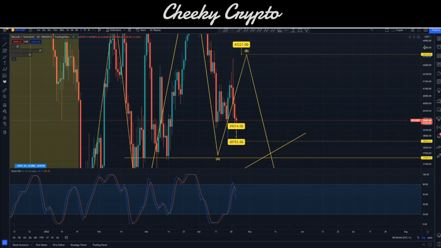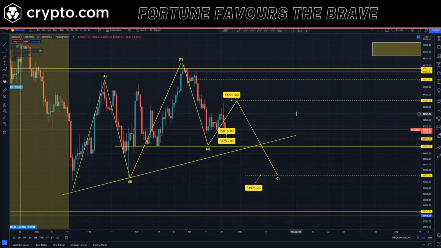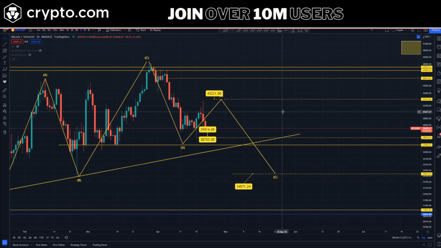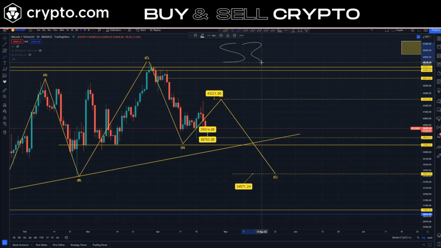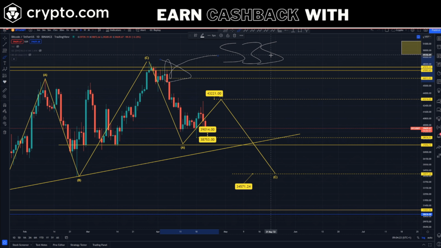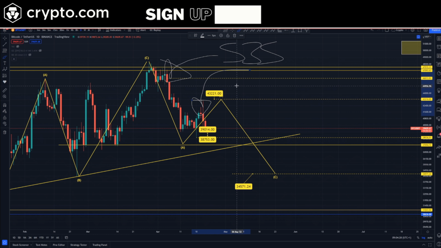So with that being said, let's talk a little bit now about our daily chart. Let's take the stochastic out of the play for a sec. What do we actually have here? Well, just like our hourly chart, we're also tracking a 5-3-5. Like I said, these seem to be overly common at the moment. So a 5-3-5 move, basically this is our 5-wave move just here. The 5-3-5 is a 1-2-3 wave move that is happening right here inside this B wave bounce, and that takes us to our